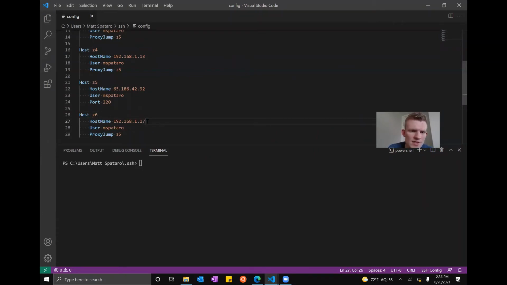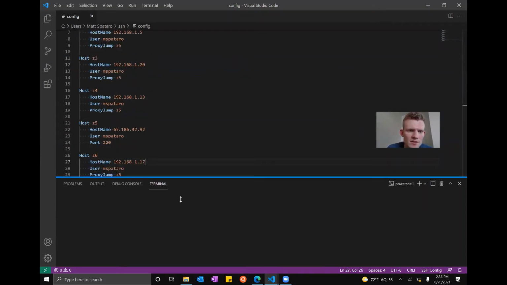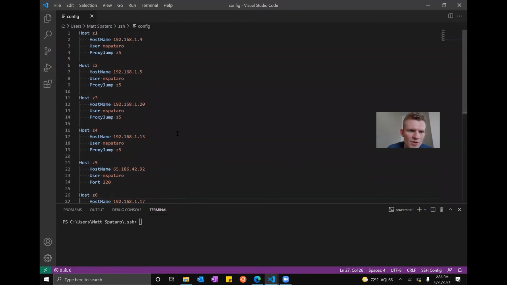I think that's 17. Okay. So there we go. Make sure that you have all of those different configurations. And remember, for anything that's not Z5, you're going to want this proxy jump command, because this will essentially tell it to first go through